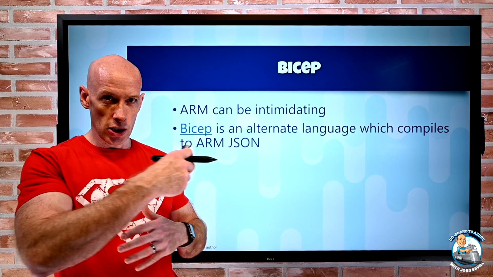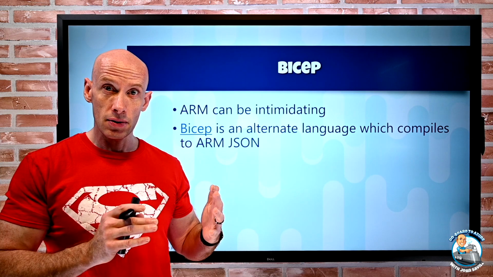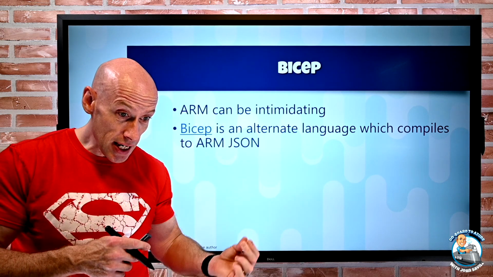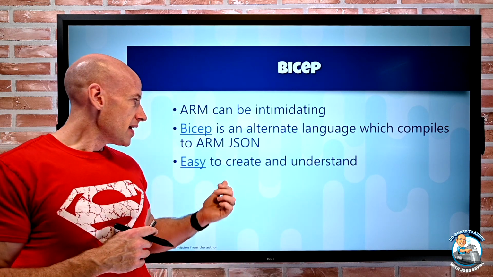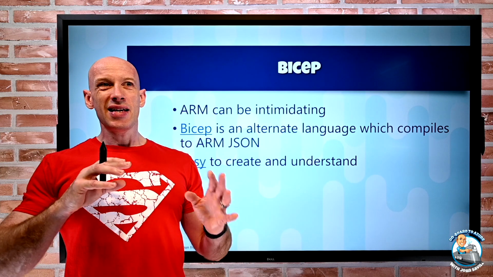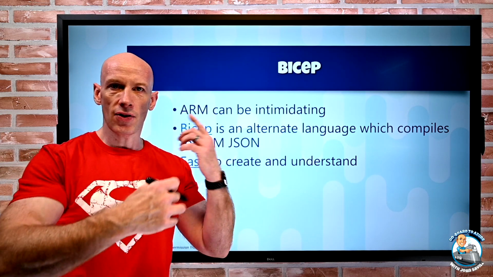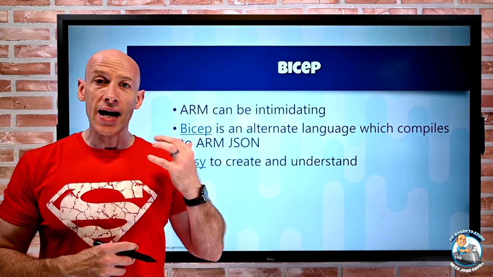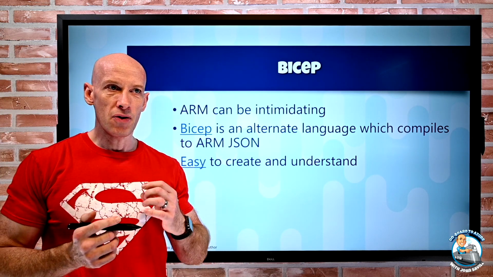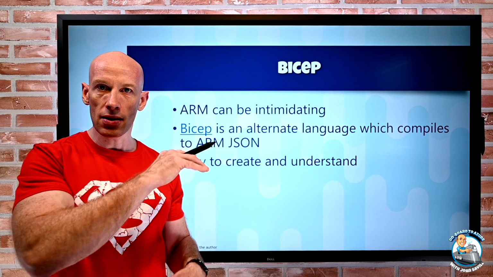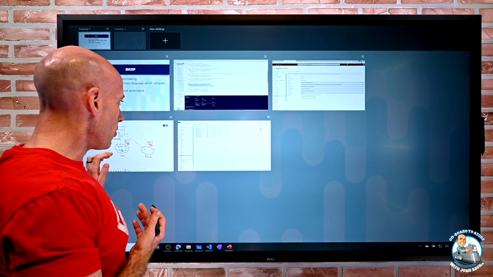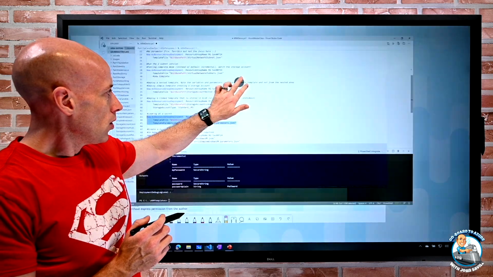It's just a different language I can use to create the declarative files, but it then compiles to JSON. And it's the JSON I would then actually deploy. But it's far easier to create and understand. Now, at the time of recording, it's in 0.2. It doesn't match ARM functionality completely yet. There's no concept of loops, for example, and conditions. They just added module concepts in 0.2. Once it hits 0.3, I'm going to do a deep dive video. So if 0.3 is out, I'll have a link to it in the GitHub repo for other videos, and I'll go into detail on it. For right now, just to give you an idea though, if we jump over,